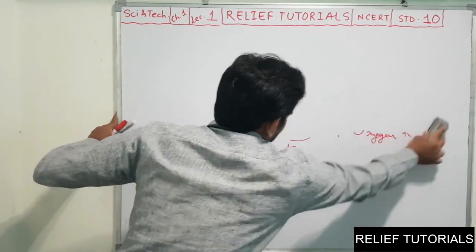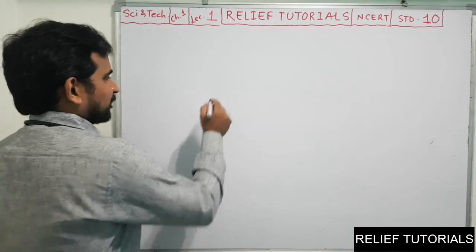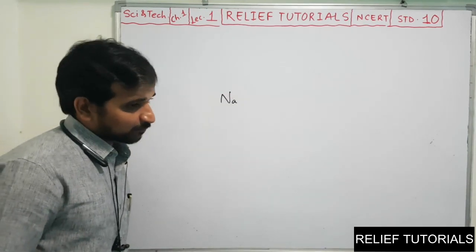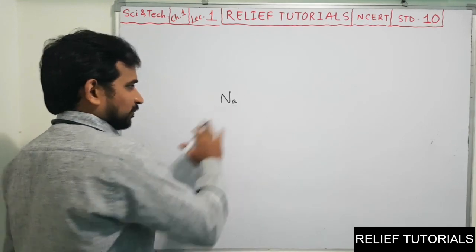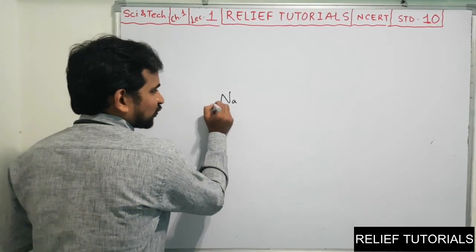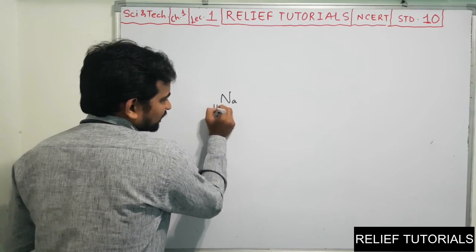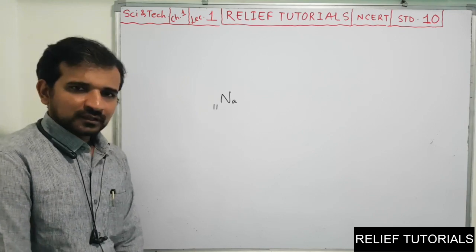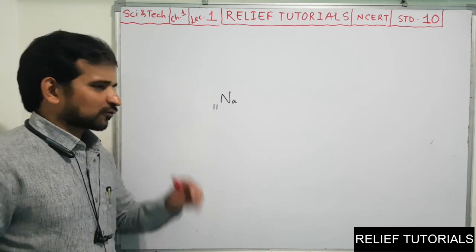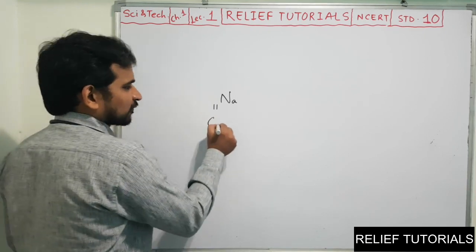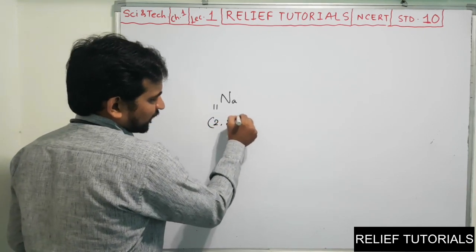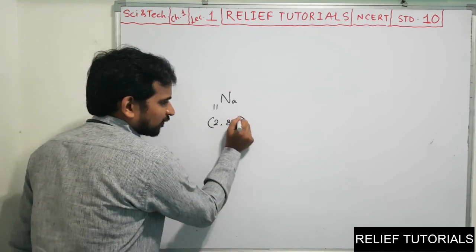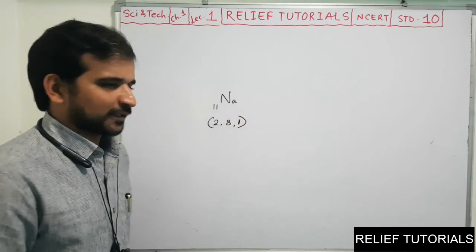Let us take a simple example. I think you know the atomic number of sodium. In the 9th standard, you have seen atomic numbers 1 to 20. If you don't remember, then please recap it by yourself. Sodium: the atomic number is always written on the left hand side down corner. So this is its atomic number, 11. As per the rules to distribute the electrons in the orbits, its electronic configuration is 2, 8, 1. Got it? So sodium has one electron in its outermost orbit.